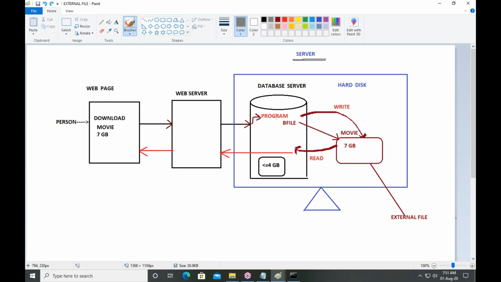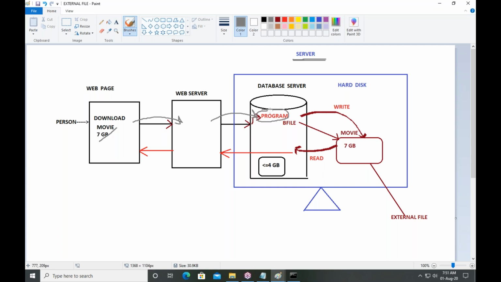Again, let me continue the flow. He wants to download this file. The request passes to the web server. From the web server, the request passes to the database server. In the database server, the program receives the request. Now program execution starts.